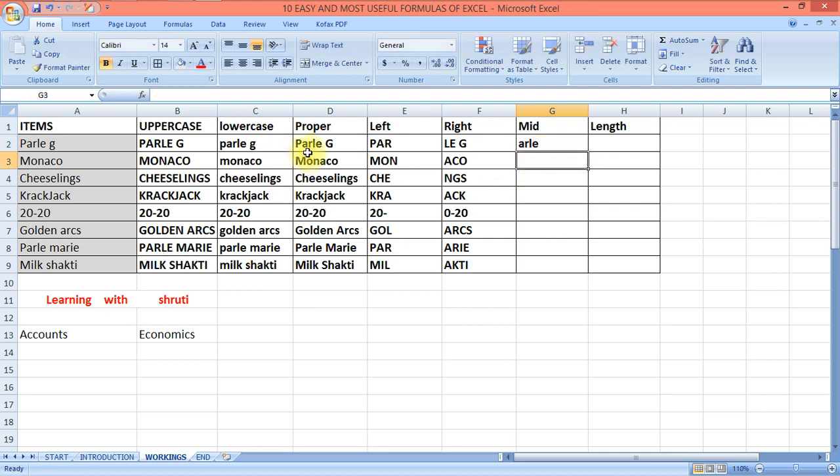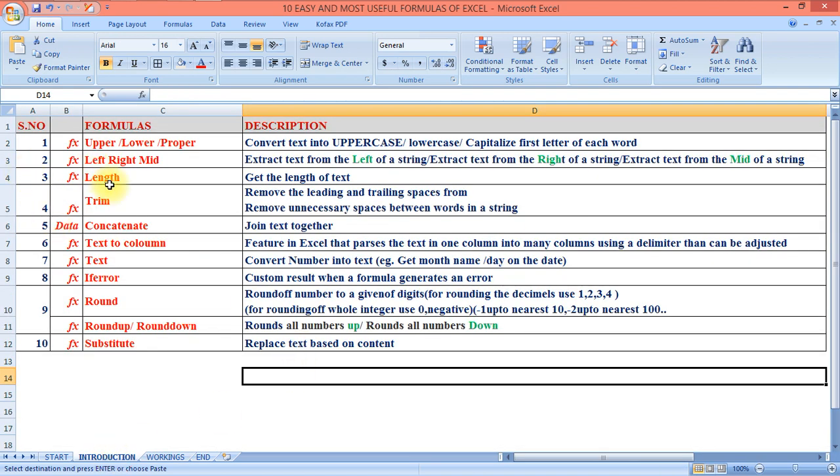ARLE. From the second letter, the next four letters.